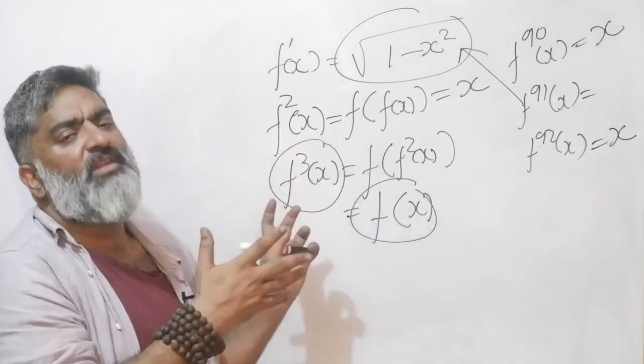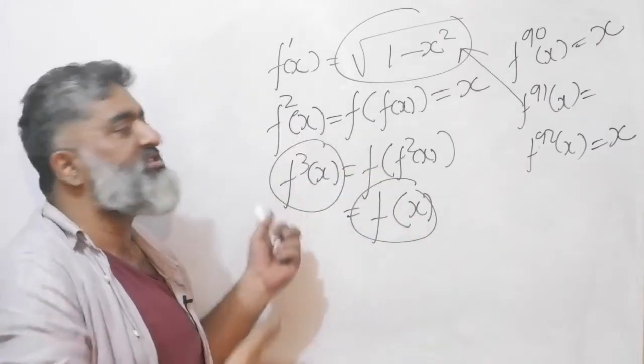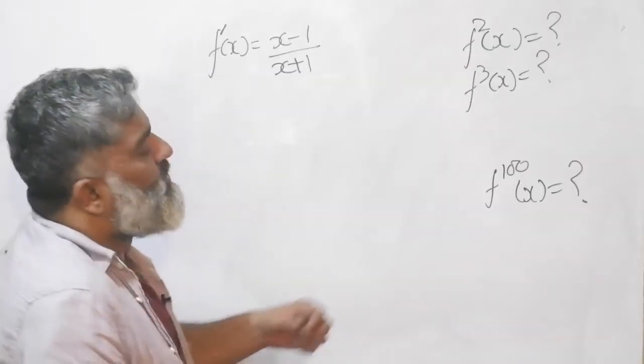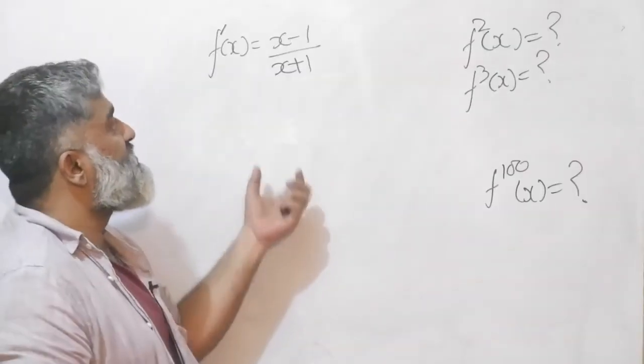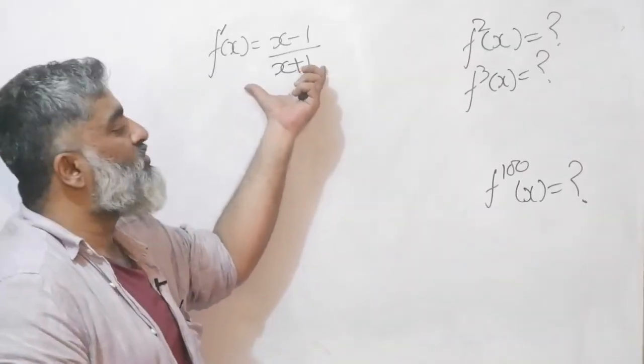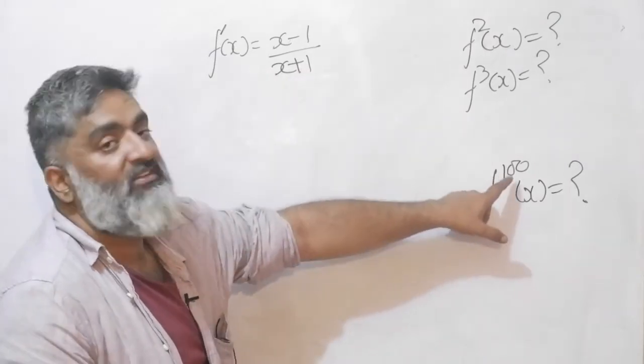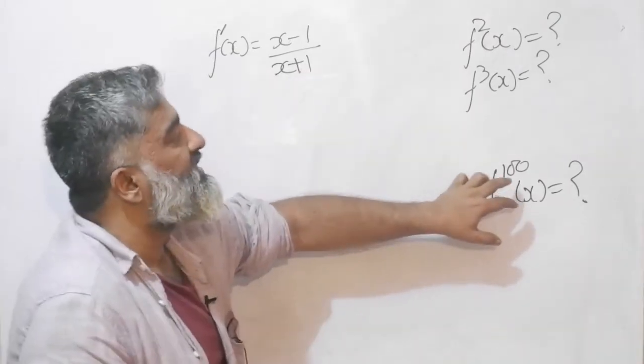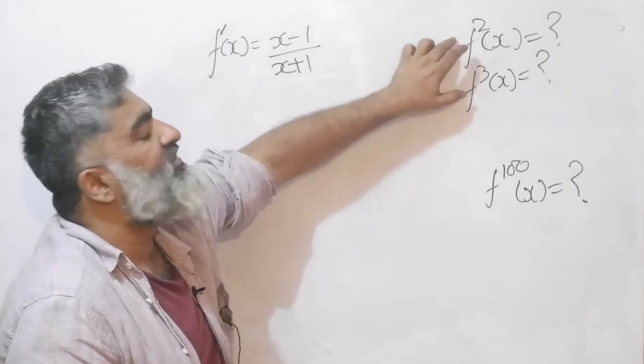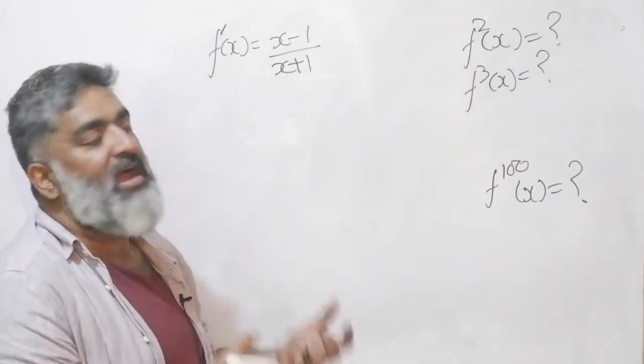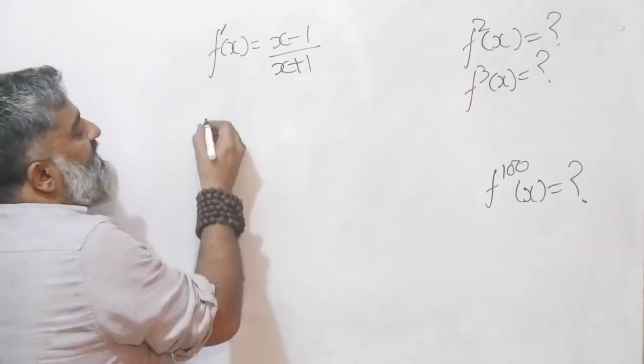Let's try a more complicated expression where maybe I'll get more steps, not just 2. So this would be your typical question. Our function will be defined as so, and then you are asked to find the value of f100. And I know before jumping to this point, I have to figure out f2, f3 so that I can find the pattern involved. So let me start taking those steps.